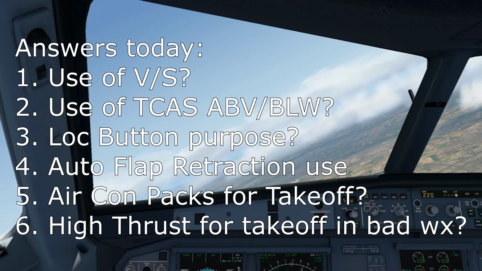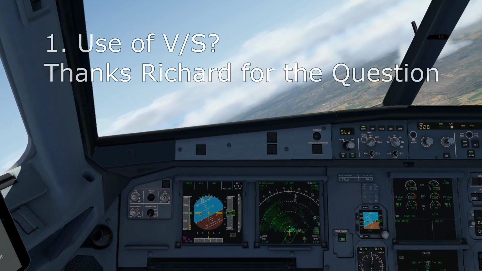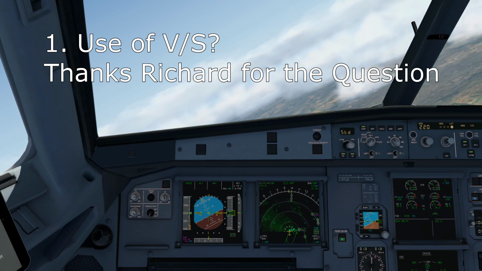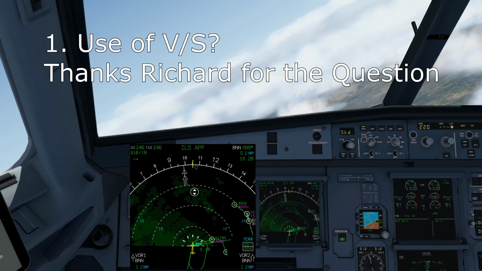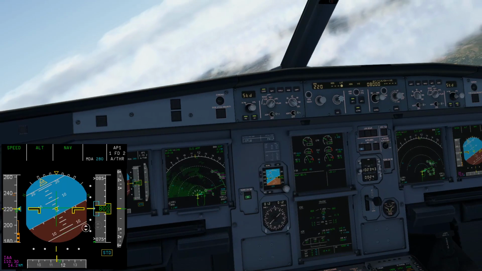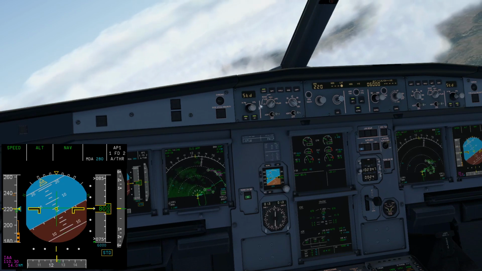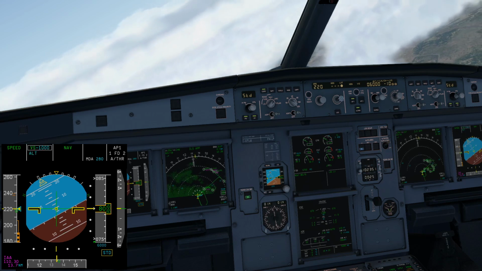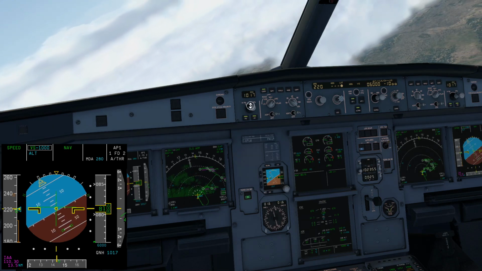The first one, and the question I've had a few times now, is about the use of vertical speed, and how we might use it. So we're in the hold now, and you'll see in some of my videos, especially the full flights, that when holding, I typically use 1,000 feet per minute to descend. So let's say air traffic cleared us down to 6,000 feet now. I'd simply put in 6,000 feet like that, and then I'd start the vertical speed. So I'll set to 1,000, pull that, so vertical speed 1,000,